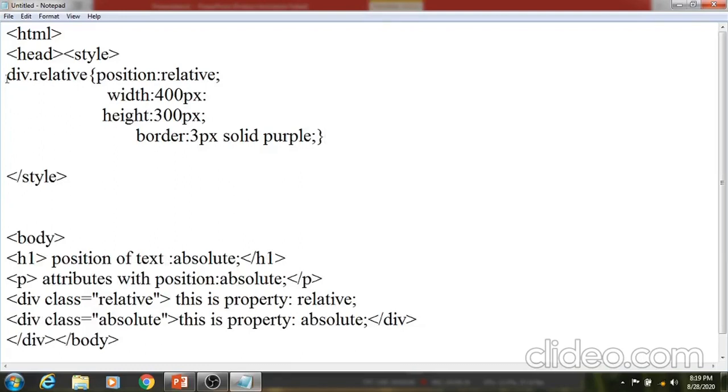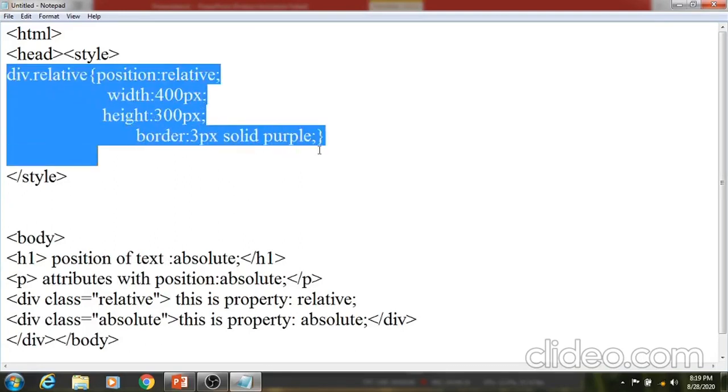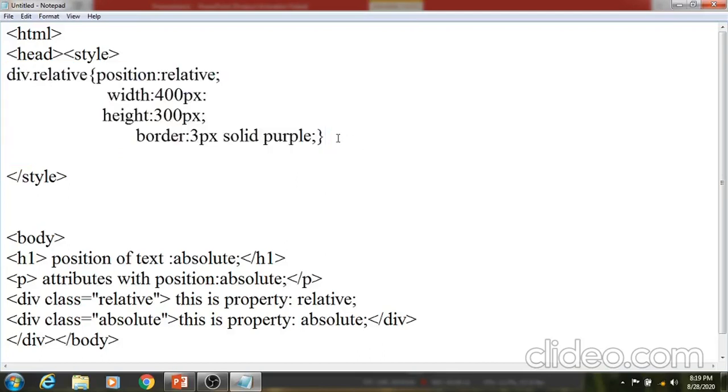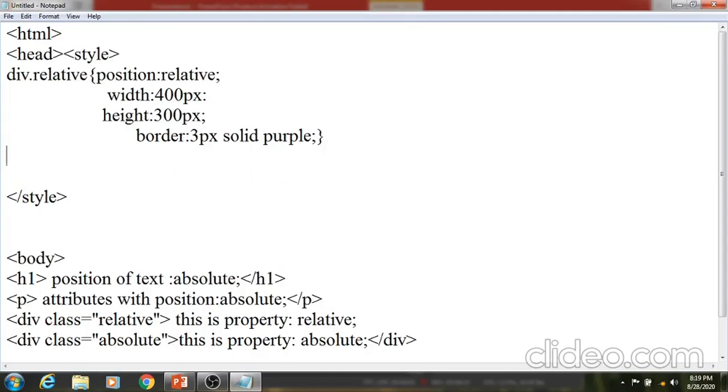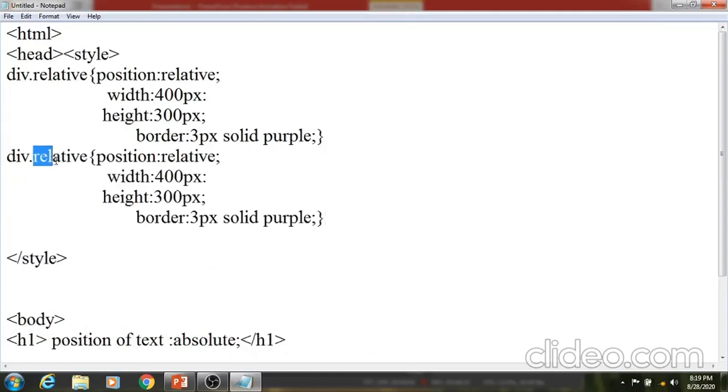Then another class we are going to add, for position absolute. Here we just change the name to absolute, and the position. Just a little bit of changes for this.